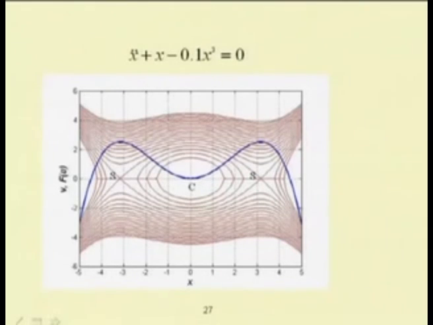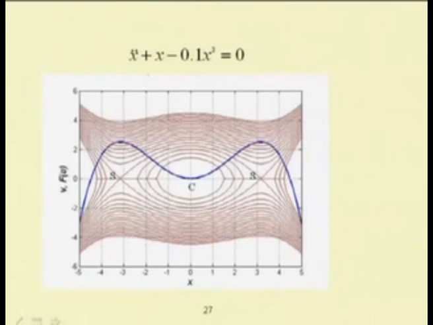Those equilibrium positions you can find by substituting x dot equal to 0 and finding the value of x. You can find the value of x and the corresponding x dot, and you can plot the flow or the potential well. This is known as the potential well. Corresponding to the minimum potential you will have a periodic response, and corresponding to the maximum you will have an unstable response, which corresponds to a saddle point.